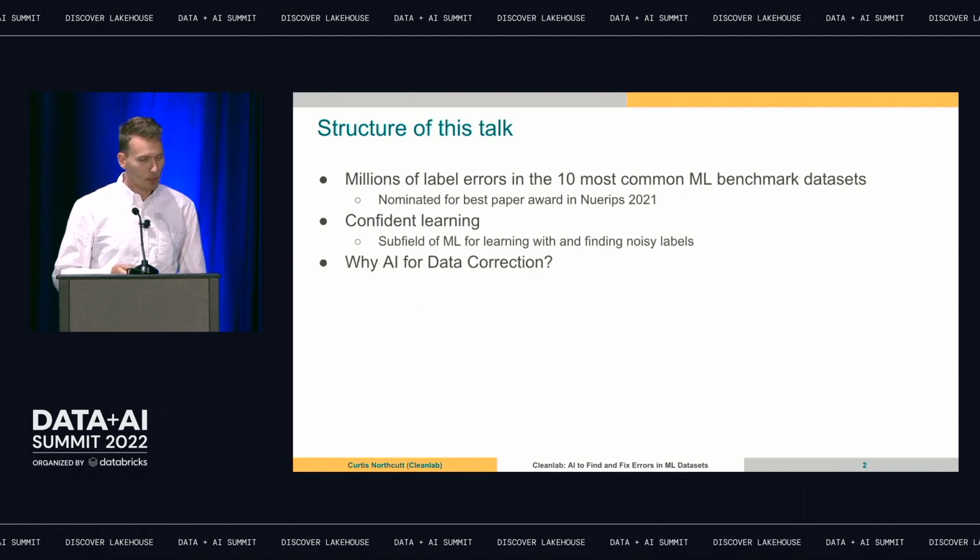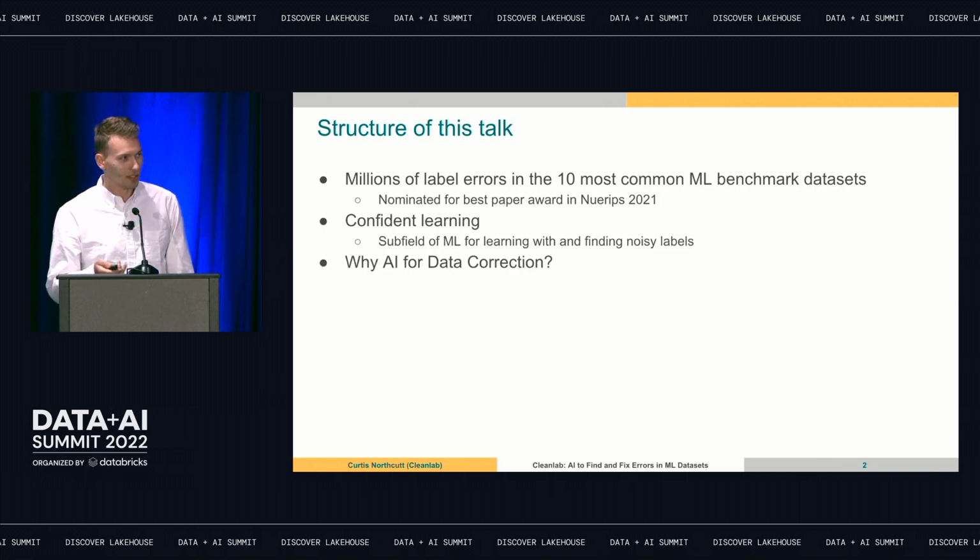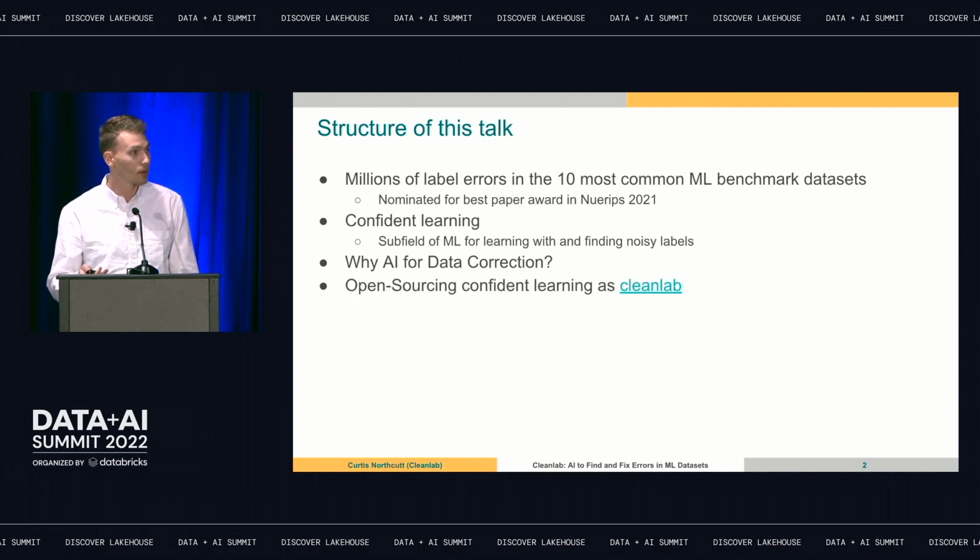And then we'll talk about why this is a good idea, so why we should have AI for data correction, and then an open source tool, Cleanlab, which some folks in here are familiar with, where you can use a lot of this stuff for free. And Cleanlab is mostly prescriptive, the open source tool, meaning it will help you find errors, but like actually fixing them, we'll need something else, and I'll introduce that, Cleanlab Studio.